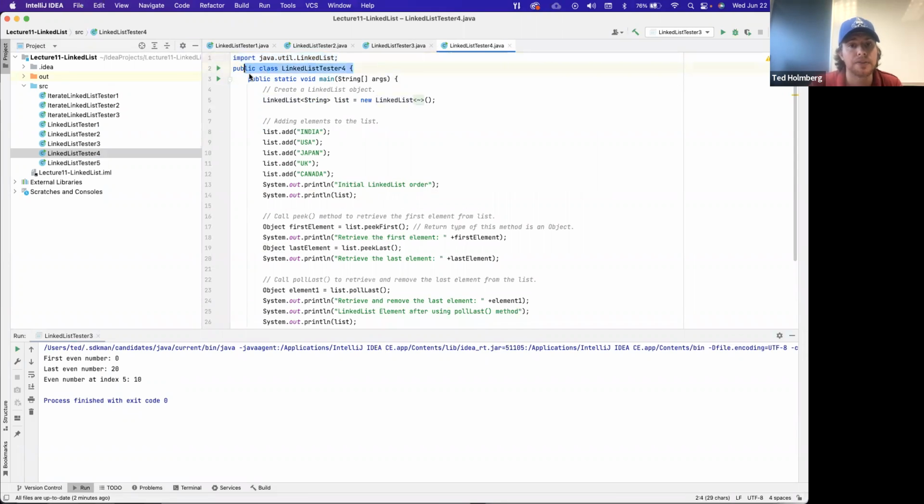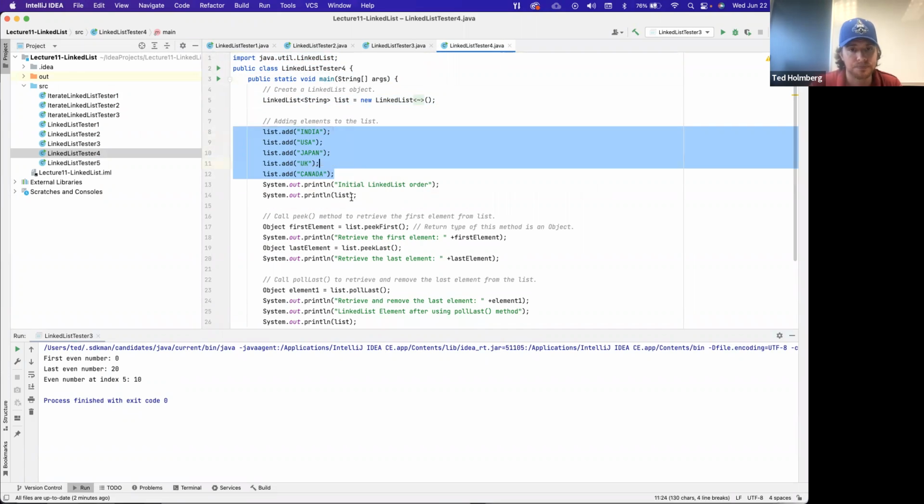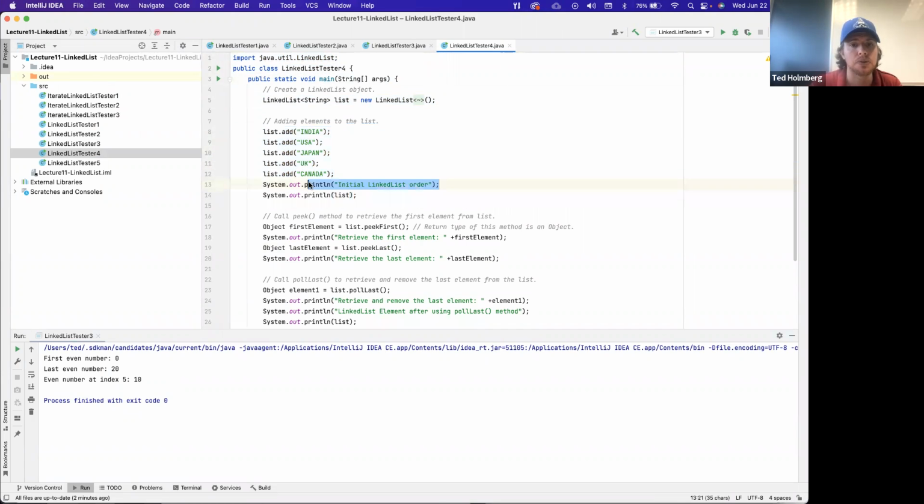We're going to create a class definition. We're going to create a main method so we can actually run this. We're going to create a new empty linked list to hold strings. We're going to add a lot of values into that. So India, USA, Japan, UK, Canada. And then here what we'll do is we will print out the initial state of our list after adding